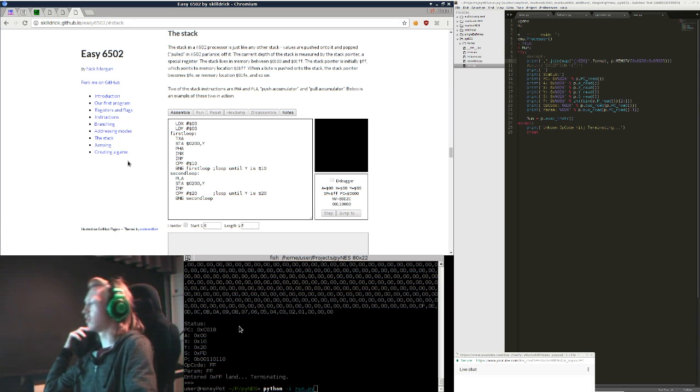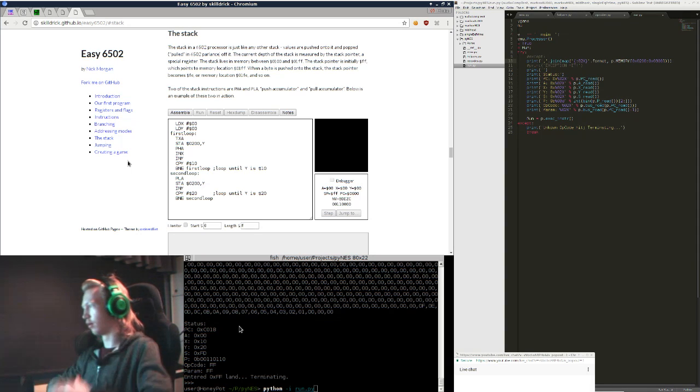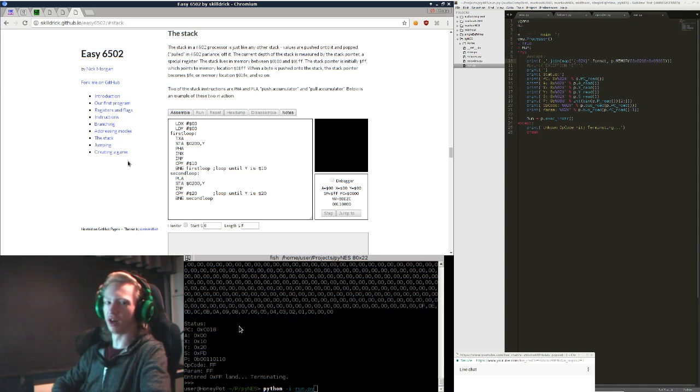Actually, it is. It's just that the labels are taken out, and the labels are just used for the branching. So theoretically, you are writing straight memory, just straight down, and the labels are just there to help you identify where to jump to or where to branch or where to IRQ, or where to reset, or whatever. And we enter our first label, so we know where that is, and the processor doesn't see that, so we